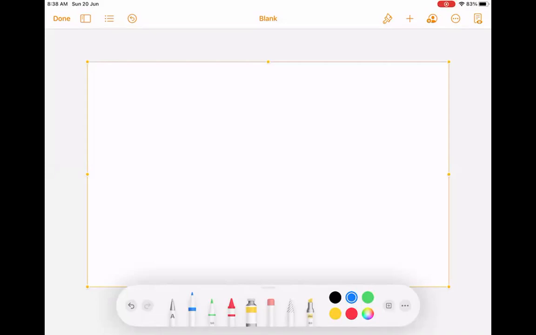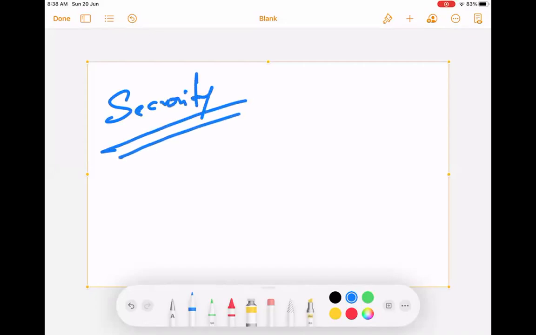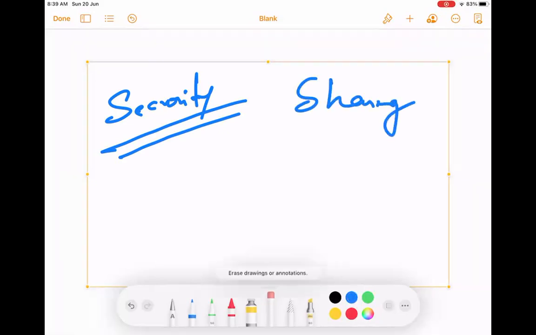So today we are talking about security. A very vast topic, and we'll cover it. Today we will cover security, and the next session will cover the sharing. How that is important, we'll come to that. But today let's discuss what do we mean by security.